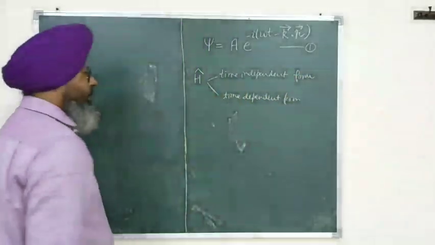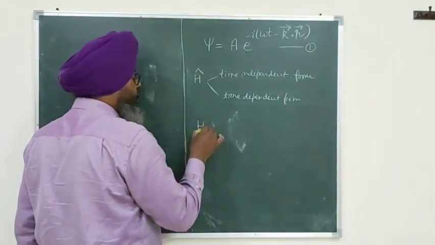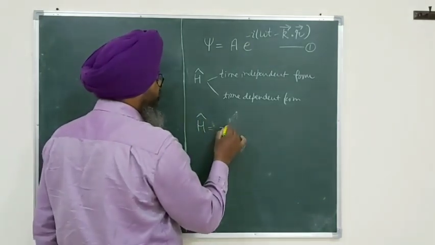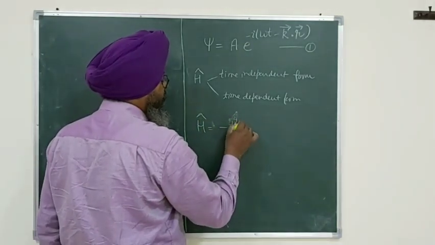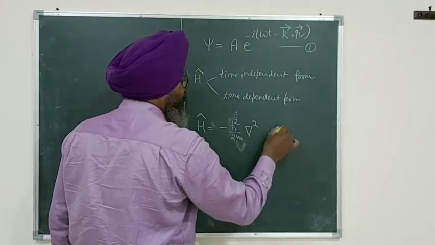Let us now discuss the time independent form first. So the time independent form of H cap, called the Hamiltonian operator, is minus h cross square by 2m del square plus u,